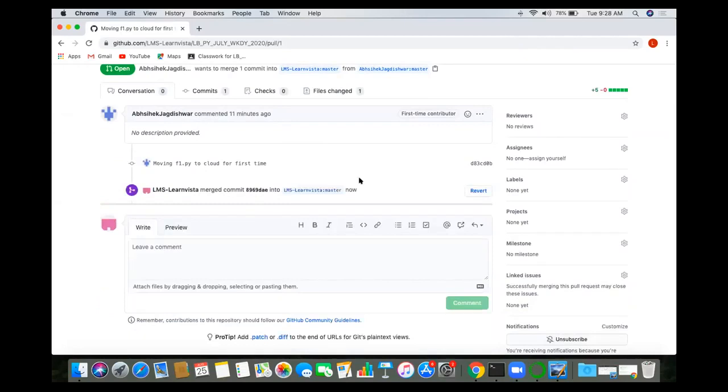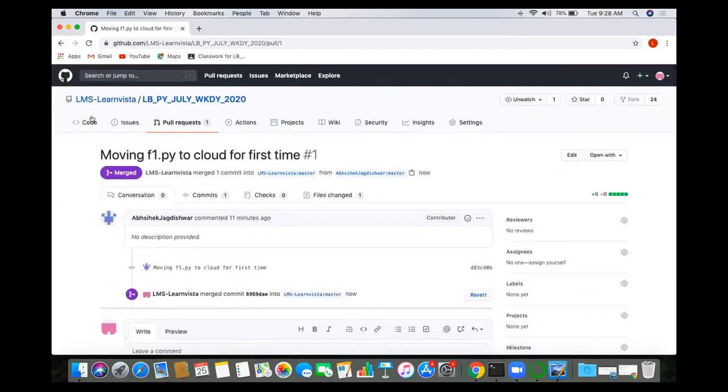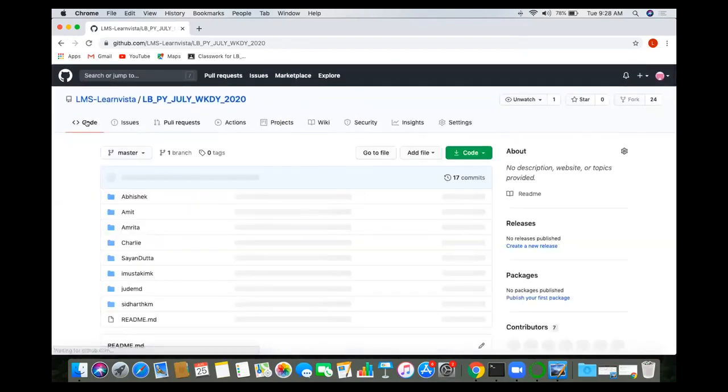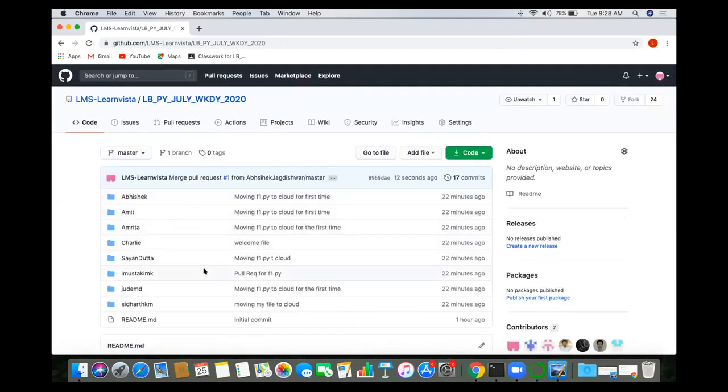Okay, got a mail for merging my peer. Okay, great. So I think you are getting the notification. That's really great. So now these all are the changes we have done. Now let's see one thing. If I refresh this, there it is, my account.